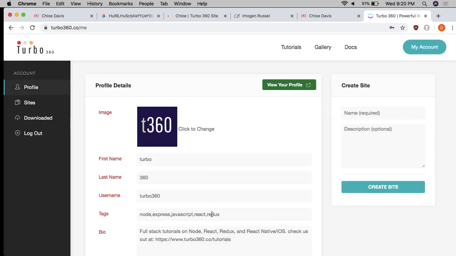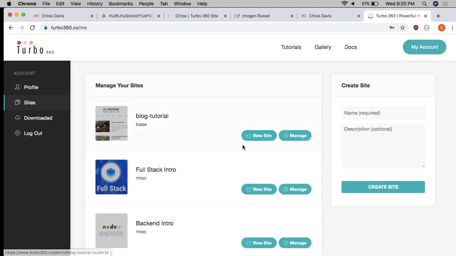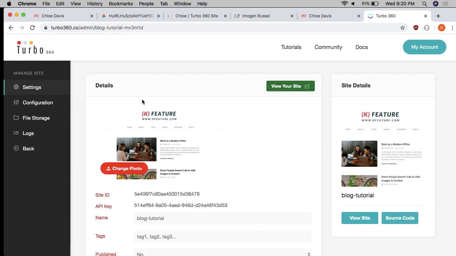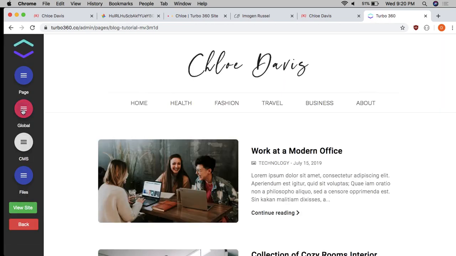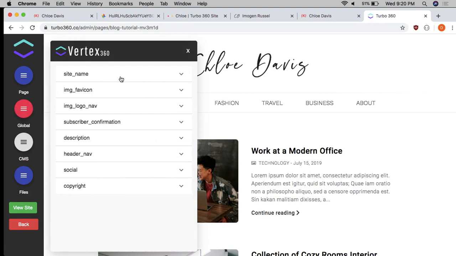Another way you can change those pages is going to your Turbo account, clicking on your site, and then the manage link. Then click on configuration, and you can do it here as well. So you click on global, same thing. You see? Site name,